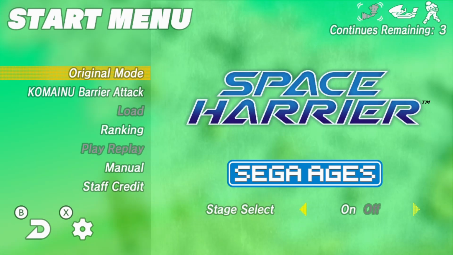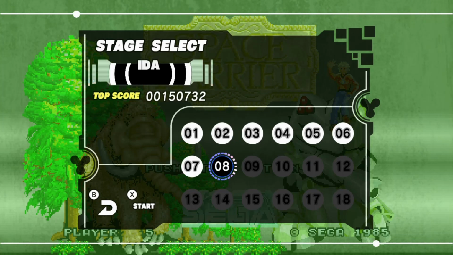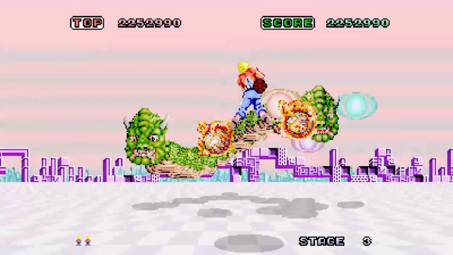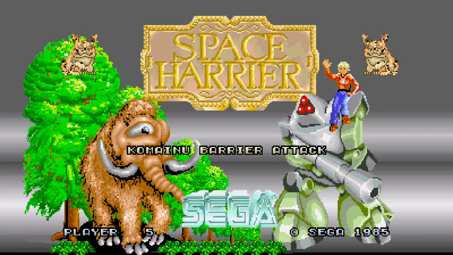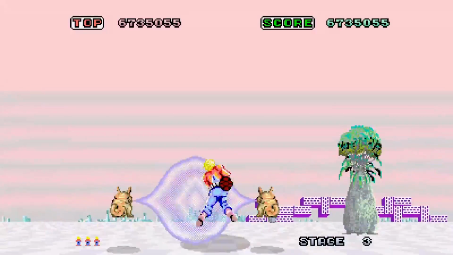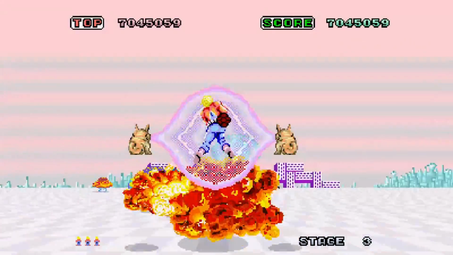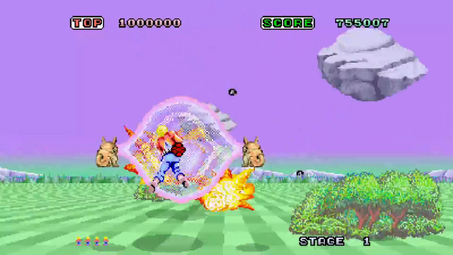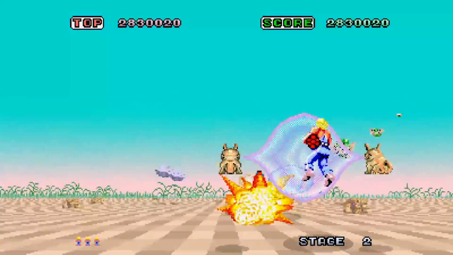It's got the original arcade mode with the option to have stage select on and off, which means every time you play and get a level further, it records that and gives you the option to start your game from that level, which is pretty cool. There's also a new mode called Komainu Barrier Attack, which sets these 2 Komainu on either side of you, forming a barrier, which makes you pretty much invincible to columns, trees, rocks, and everything, except enemy fire. It's pretty fun, and it's an easy way to play the game, and might be good for younger players, or if you just want to have some